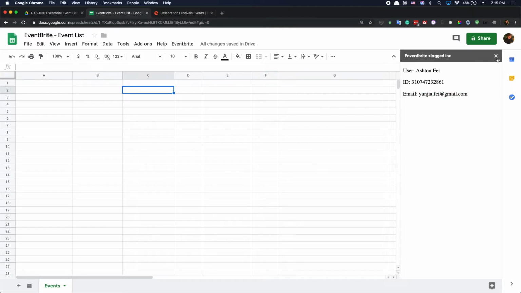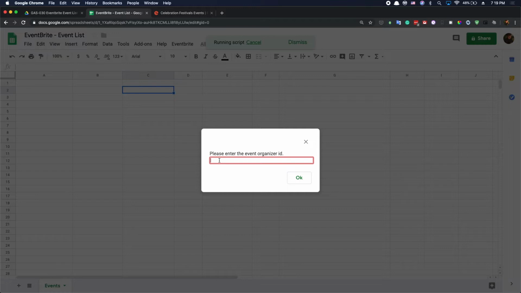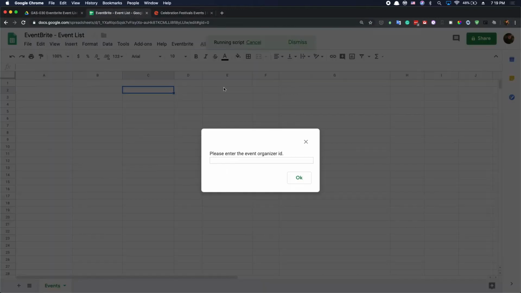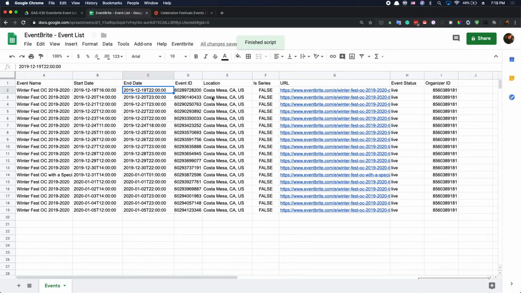Okay, now we can close the sidebar, and we can now try to run this query. You should get this input box, and here we need to put the organizer ID. For this example, the ID is the last numbers in this URL. You need to copy this ID and put it here, and keep going. Now this script is running, using this API from Eventbrite, and collecting all the